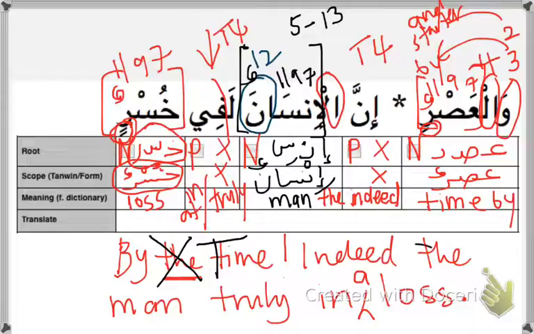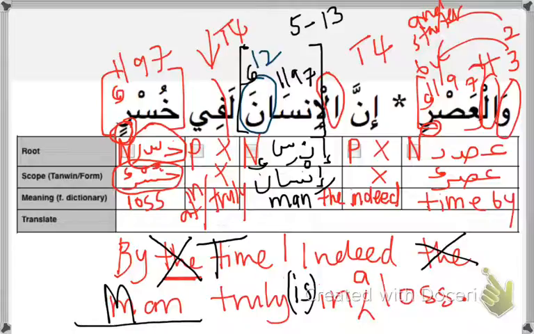Indeed the man. This sounds very awkward, so you change. The same rule applies. Truly in a loss. Man truly in a loss. So what do you do here? There's sort of a missing is here. Truly is in a loss. Why do you add an is here? Because every sentence that begins with a noun has a subject and a predicate. So man is the subject of the sentence, in a loss is the predicate of the sentence.